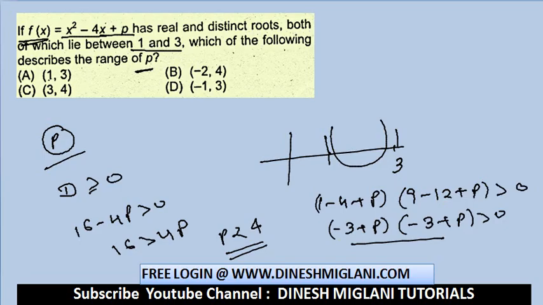One more thing we can say, if both lie between 1 and 3, because I have to find for p, then the product of the roots must lie between 1 and 9. Since both lie between 1 to 3, the multiplication of the roots lies between 1 to 9. So product is c upon a, that is p. p lies between 1 to 9, and p has to be less than 4, right? So one more case we have got. Here also a into f of a is positive, it means p should be more than 3. So answer should be C. It lies between 3 to 4.